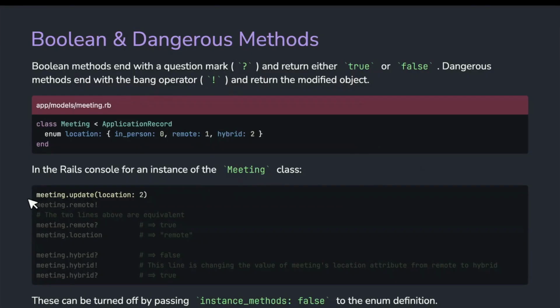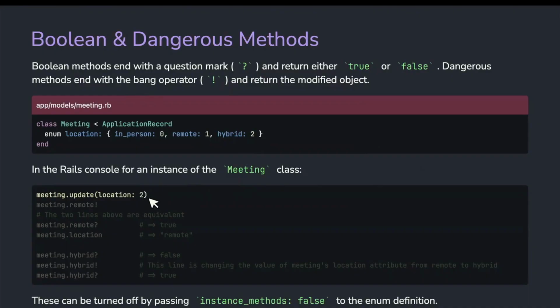The normal way for any attribute you would update is meeting.update, and you pass it the attribute and the value that you want to update it to. So we're passing location and to, which again corresponds up here. And I made a typo here. Let's pretend this says 1, okay? Sorry about that, everybody.